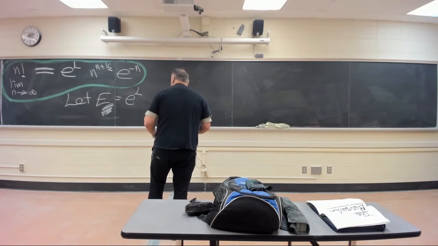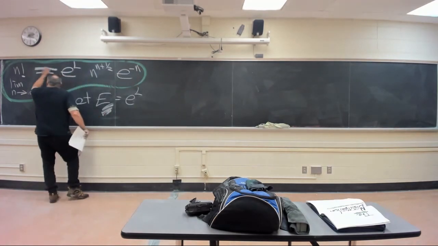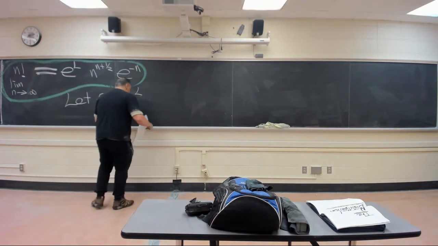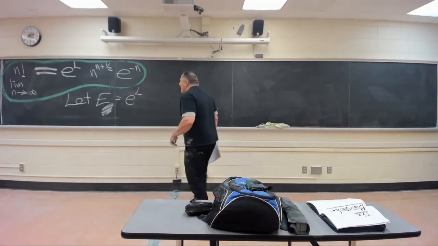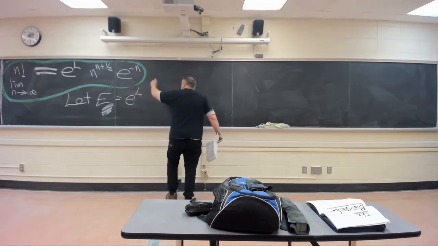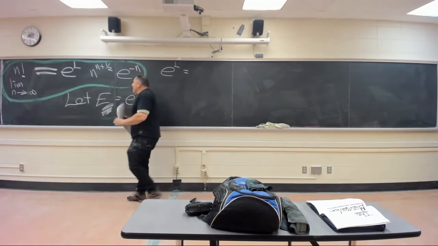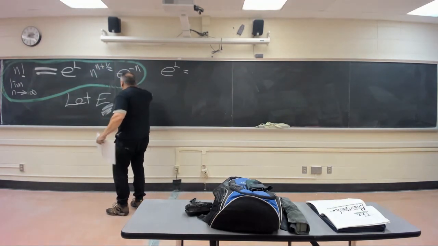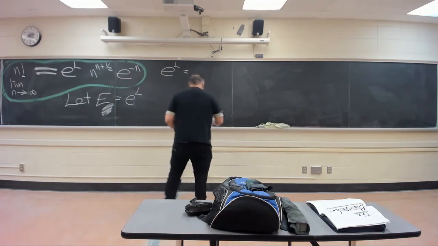Let's kind of figure it out. I mean, this is the key, guys, and we're going to get it. We're going to find what E is. That's the E to the L. It's going to be this guy. What do you say? How do we do it? Well, I'll tell you what. Why don't you take this guy right here and solve for E to the L. Divide by n to the n plus a half on each side. Divide by E to the negative n on each side, and you end up getting